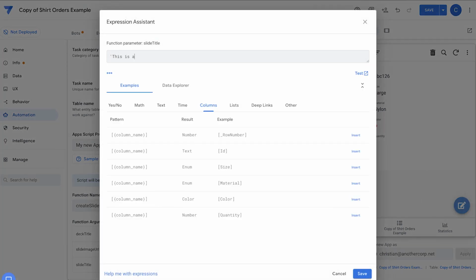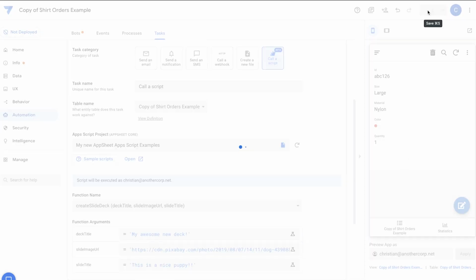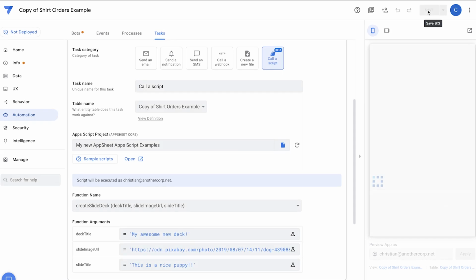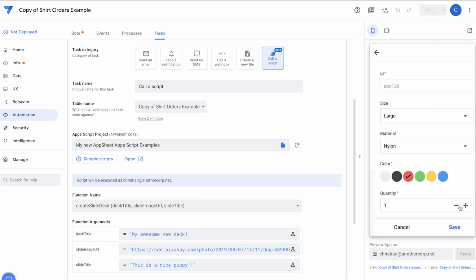This is a nice puppy. And I'll leave it at that. All right. So click save. And we will again trigger the automation just by updating the record.